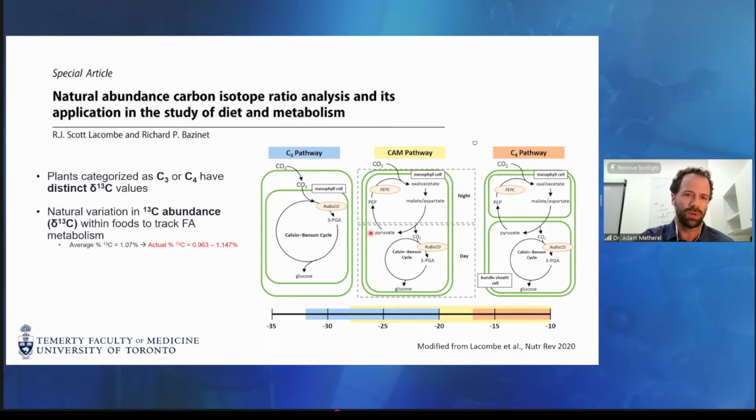So there's a C3 pathway here, and I'll just kind of guide you a little bit here. The nomenclature for this is really quite cumbersome, but the C3 pathway discriminates against C13 molecules, so it tends to want to use C12 molecules to fixate carbons into glucose, into lipids, etc. So it has a lower carbon-13 content and a more negative delta value, whereas the C4 pathway doesn't discriminate so much against C13, and that results in a higher C13 content.